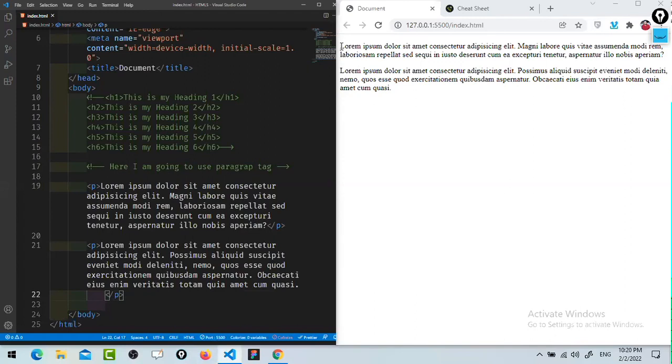This paragraph is starting from here. And after this paragraph, we have a gap here between these two paragraphs. But what if, intentionally, you want to break this paragraph from here,